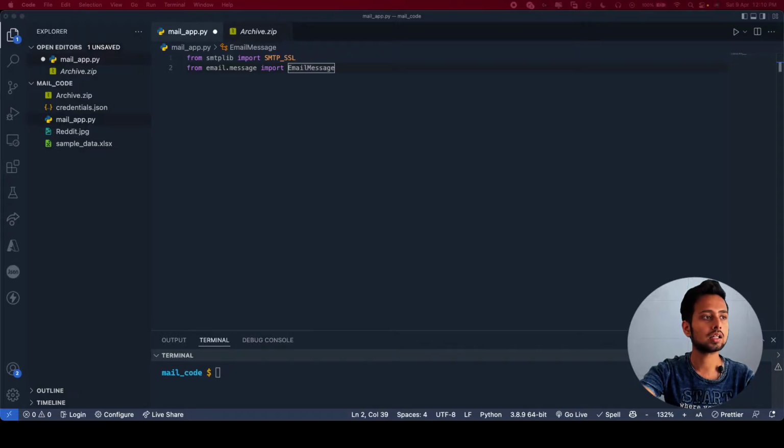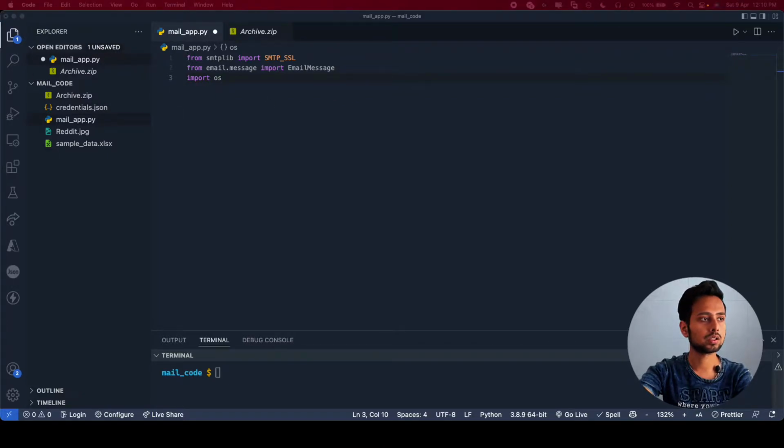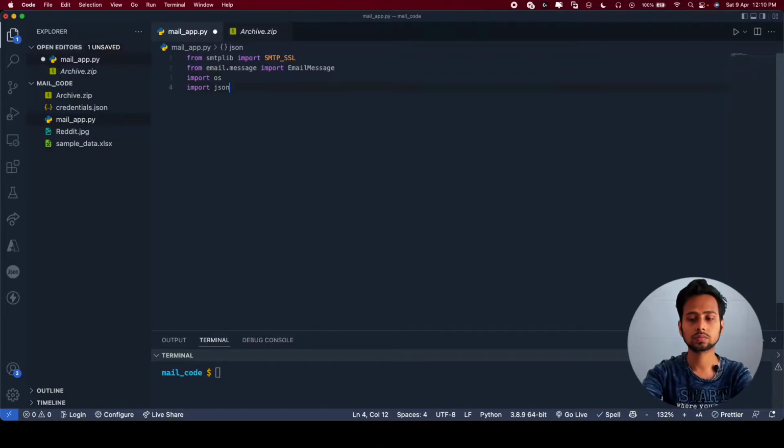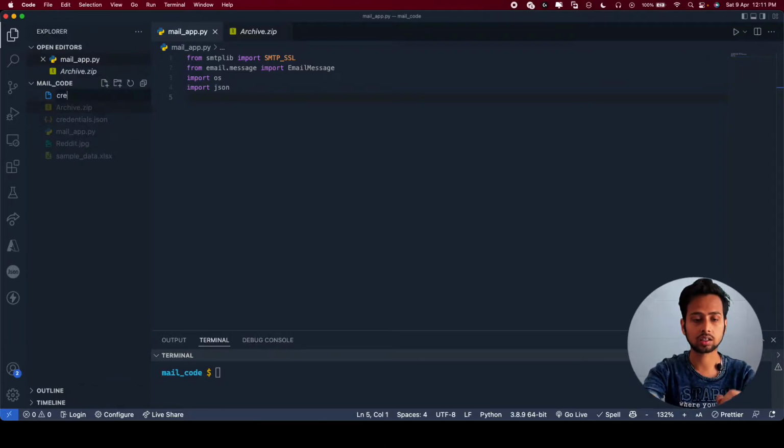And then the next thing that I will be using is just the os module. And let me also copy the json one too. So here I also have copied and pasted the json import. And why are we doing this? Because we are going to be using the login credentials that are present in this credentials.json file. So you can also create your own JSON file. You can just create